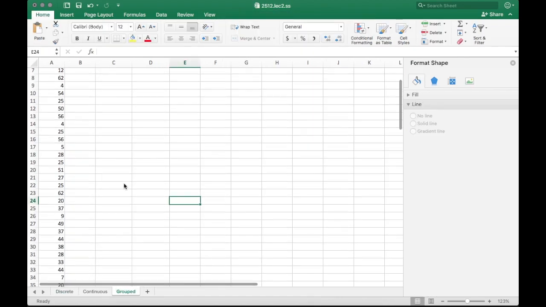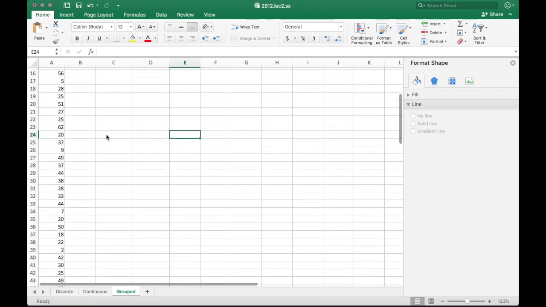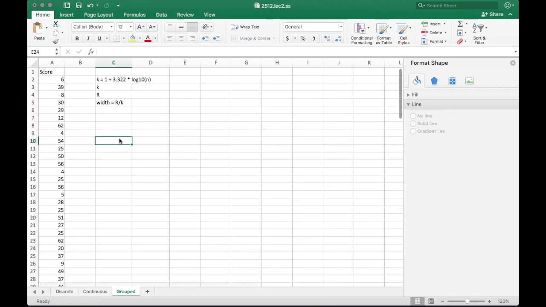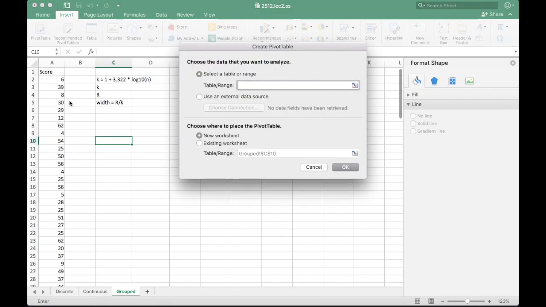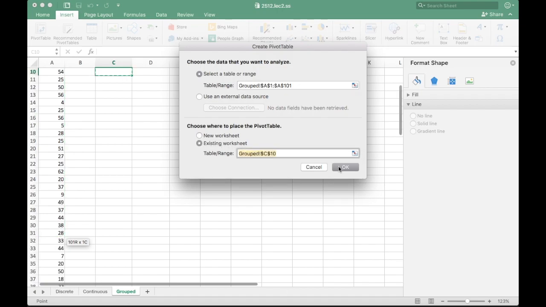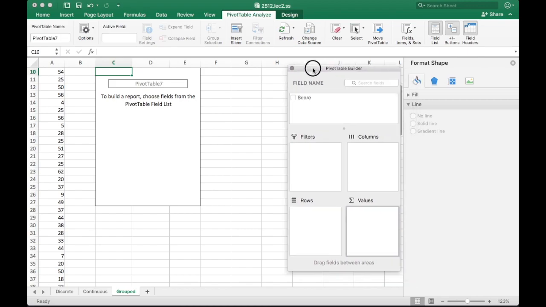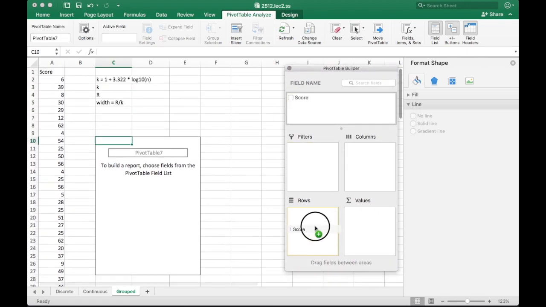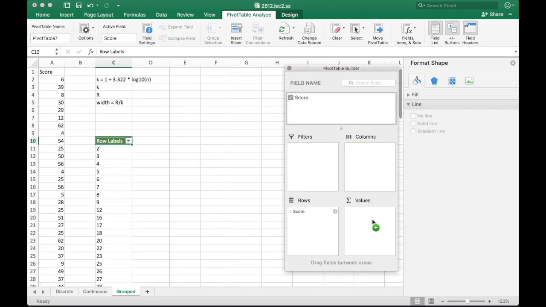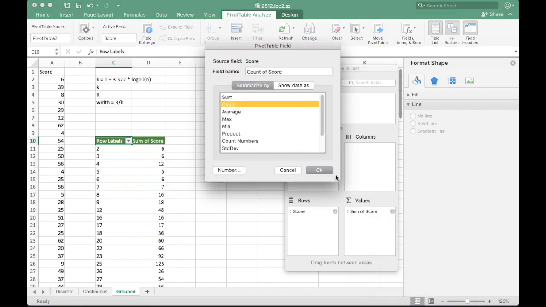So now let's look at the grouped data. So before I get into this, I just want to show you something. So let's do it one more time. Select all the data, go and access existing worksheet. Okay, your dedicated slot is over there, and select score, rows, score to values, field settings, change it to count, hit OK,